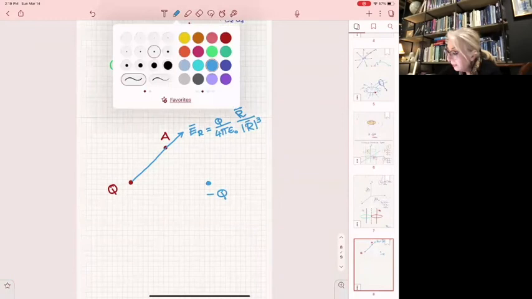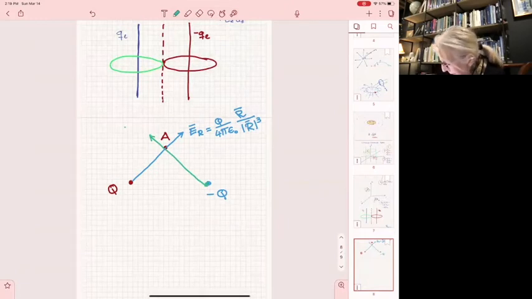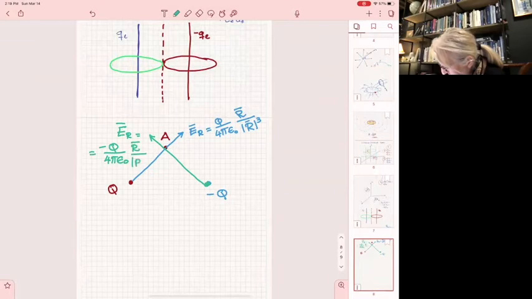And the other one would be here along that direction, and it would be E_R, which is going to be minus Q over 4 pi epsilon naught, R over R cubed, where this is R